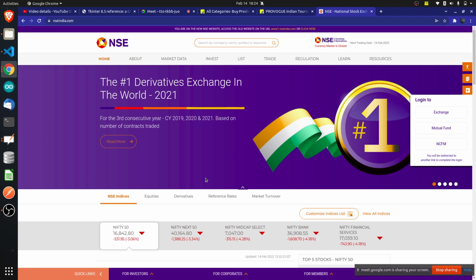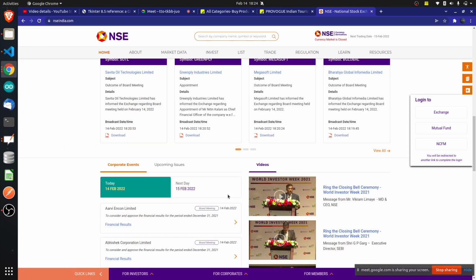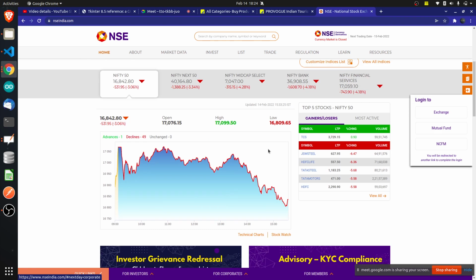If there is a download option on the website itself, then you can click on the download button and download it. No issues with that. At that time we will not use web scraping. But what if there is no download option? You want to download some data from some website and there is no download option given there. Then what do you do? Then you can do it by scraping. In Python you can scrape that data and download it without their permission.